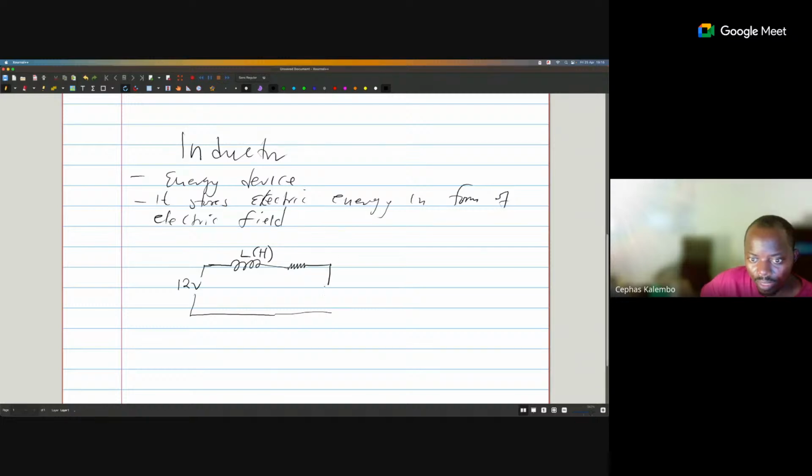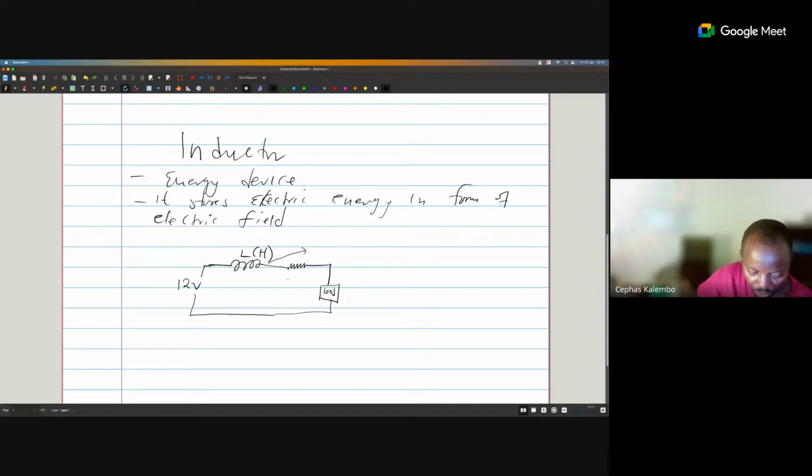And then you may have something that we may call a load, or something that you are powering. We discussed this last time. Now, if you have a circuit like this, the purpose of your inductor is to store electric energy